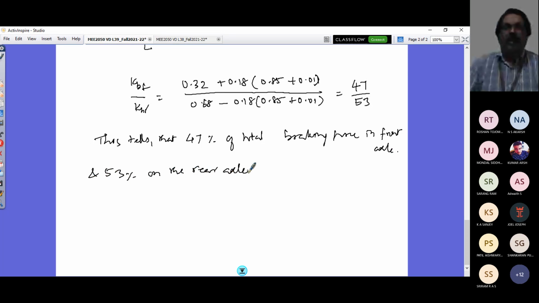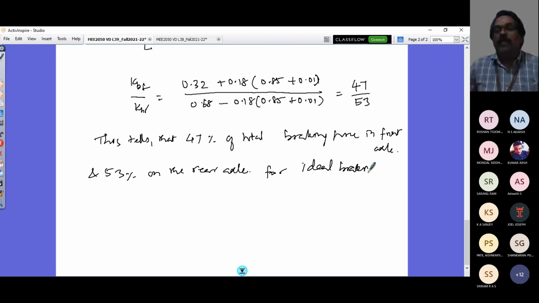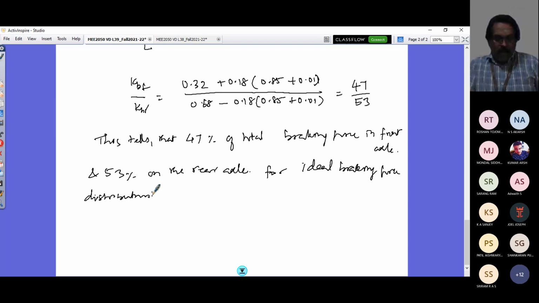If this is happening, for axle, for ideal braking force distribution, that would ensure the maximum braking potential capability of the vehicle, right? So if this distribution is not given to the vehicle, what would happen? That's the question. If this is that exact proportion, I have my braking force distribution in the front and